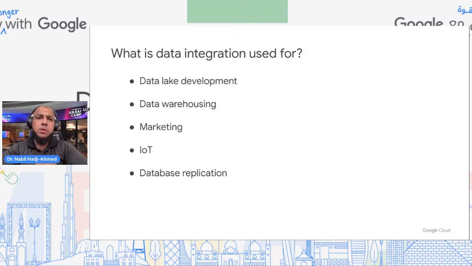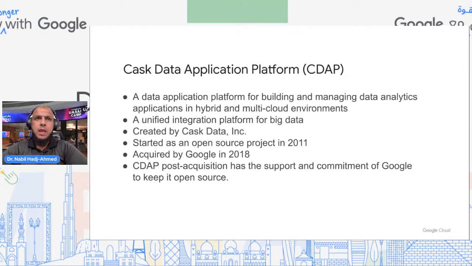Now, at this point, these are as equally important, if not more than the other things. But there are many other areas around what data integration is used for. So a little bit of history about CDAP, because